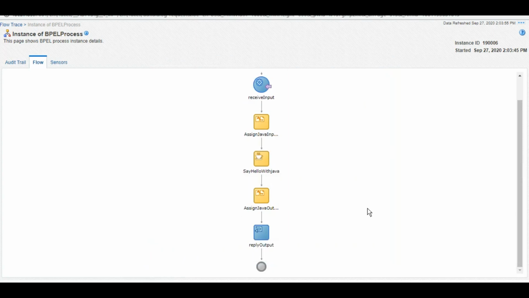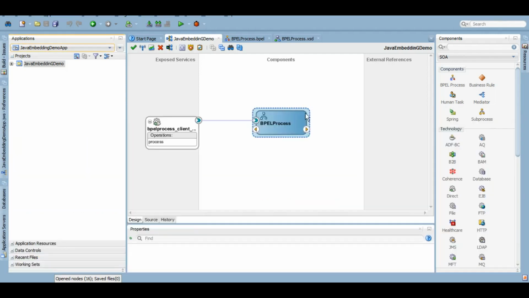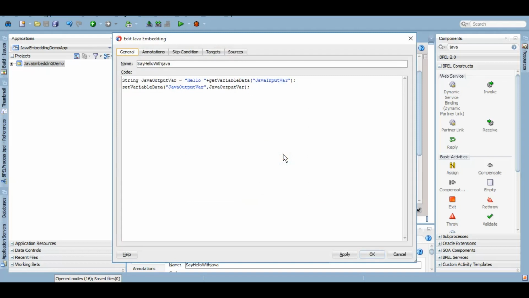However, if we want to do certain monitoring, certain logging into the Java embedding only, like we do in Eclipse, as a Java developer, we do use system.out.println quite a lot to debug if we do not want to go into that debug perspective. So for that, here we can use addAuditTrailEntry, that is the method that we use. So let's do that also. So suppose on the top only we will put add. We'll have to make sure that syntax is correct.